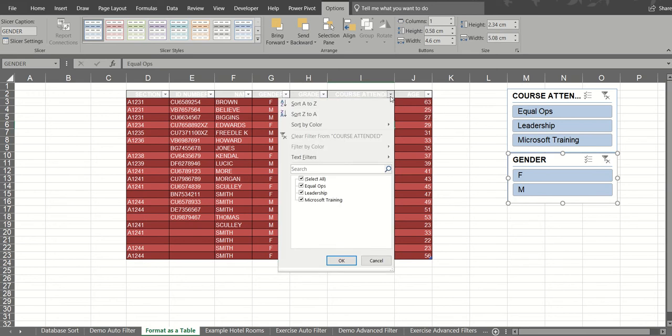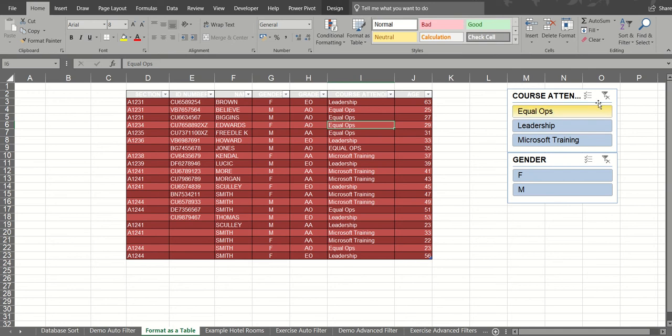Some people don't even see the drop down arrows, but the rule of thumb really is to make sure you clear filters after you've used them. Otherwise other people don't realize that there are filters on, and they may type the records back in again thinking somebody's deleted records. If I go on to the next screen,